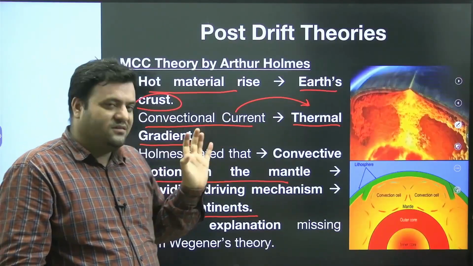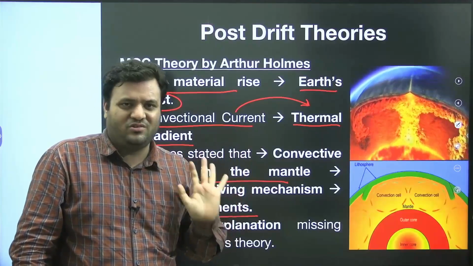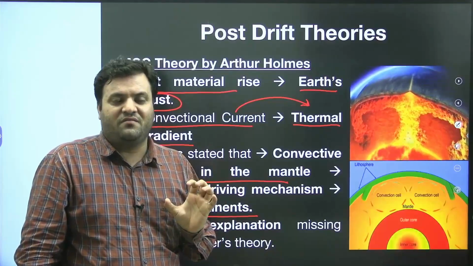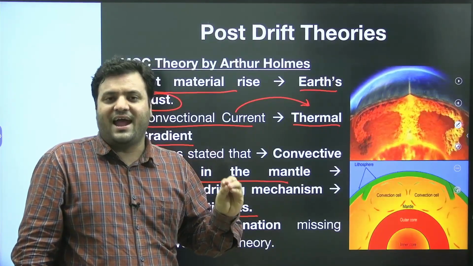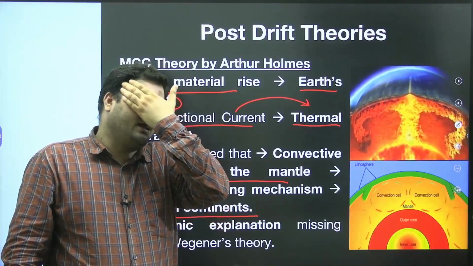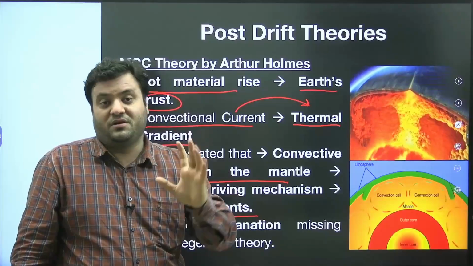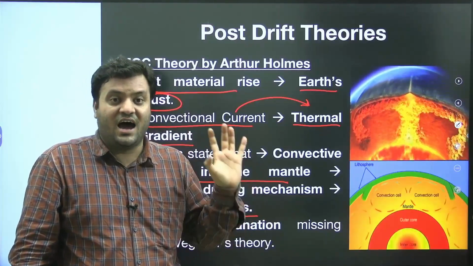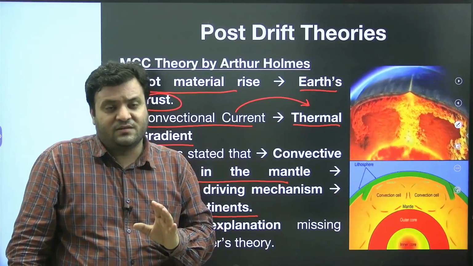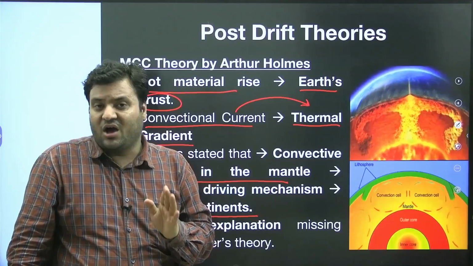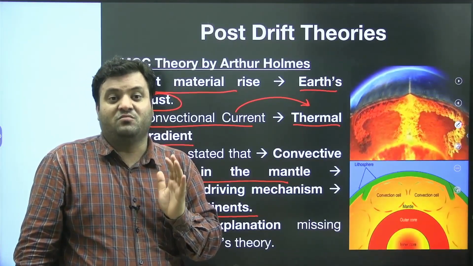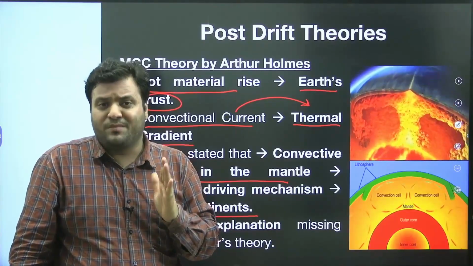So yes, he provided that Wegener was right about the drift, but the forces which Wegener proposed, the pole-fleeing force and tidal force, could not possibly be the mechanism responsible for the drift. Holmes provided the factors, or driving mechanism, which explain how the plates, or the crustal parts of Earth's surface, are displaced.